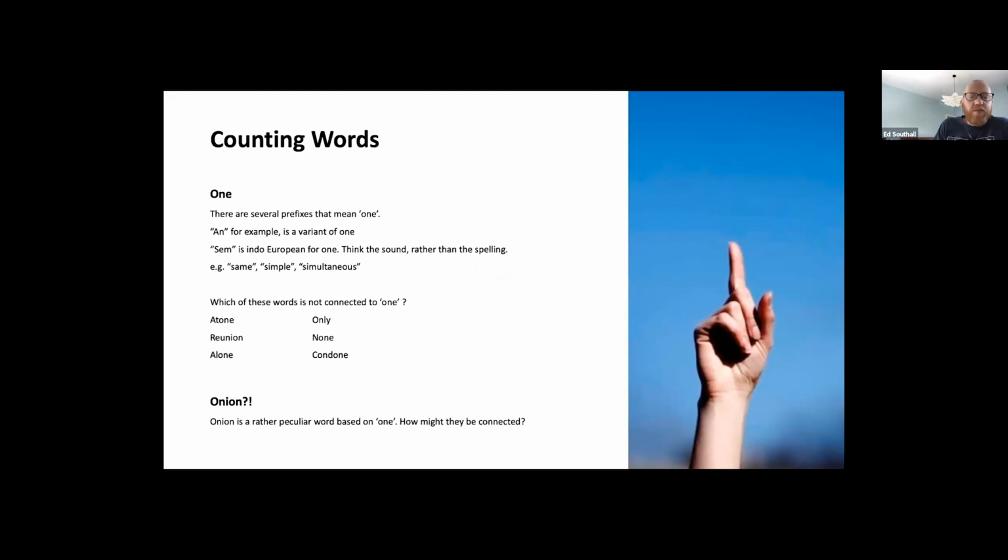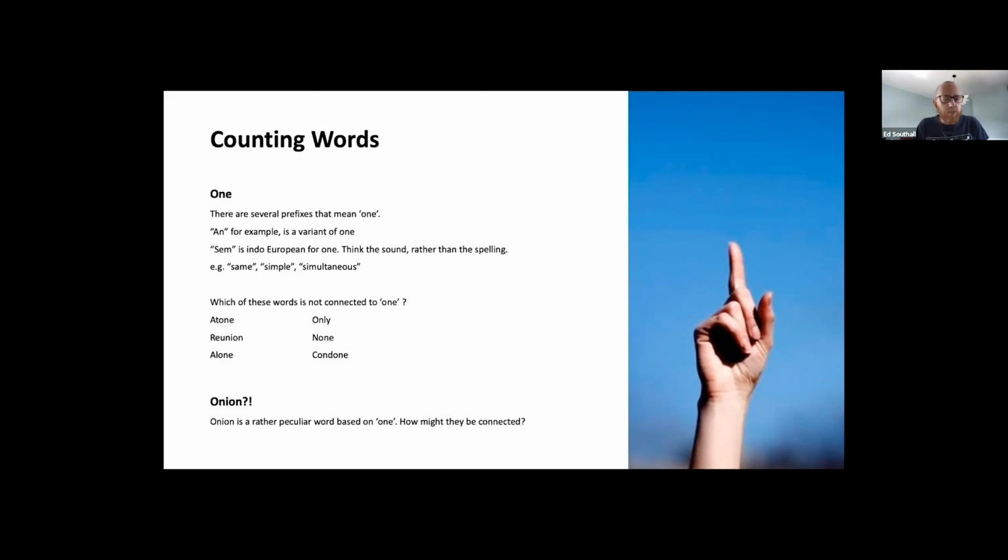And you'll see, even though we pronounce one with a kind of w sound, it's not necessarily always been that way. If you look at the other words that are related to one that have one in them, we don't pronounce the one in them as one. We pronounce it as own. So you can see here we've got atone, we've got non, alone, only, reunion, and I've put condone in there as well, which is the only word in that little list there that's not actually in there. It's a bit of a red herring.